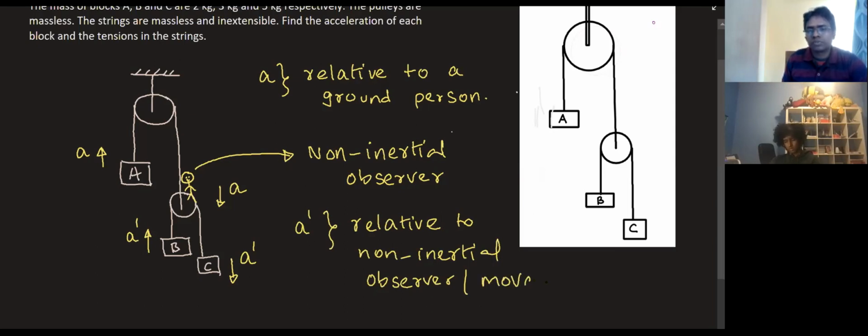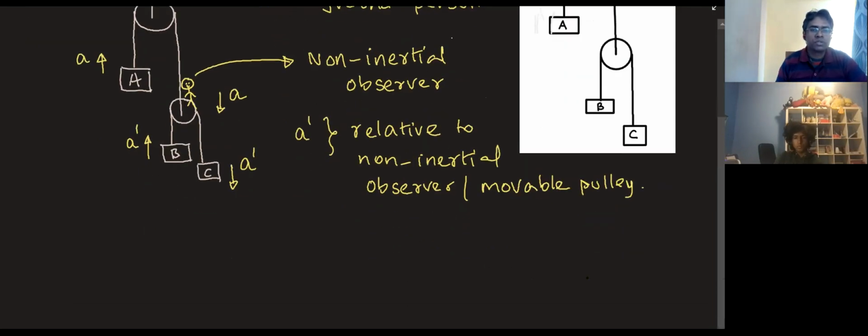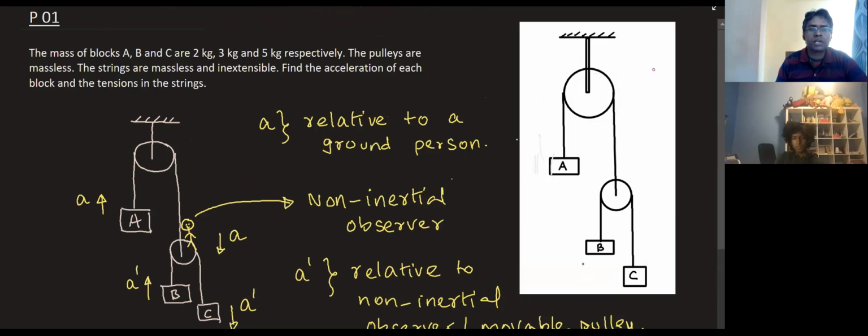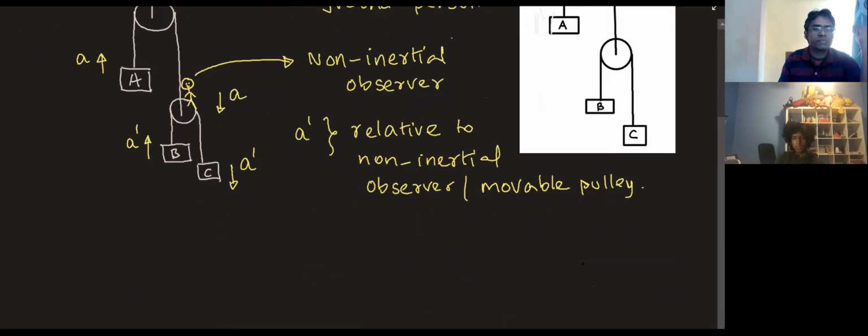Are you with me so far? Yes. Okay. Now, that means I'm trying to analyze A with respect to a ground frame, but the blocks B and C are analyzed relative to a non-inertial frame. The next thing that we need to do is get the free body diagrams. I think the masses are 2, 3, and 5, right? Now if I look at the free body diagram of A,